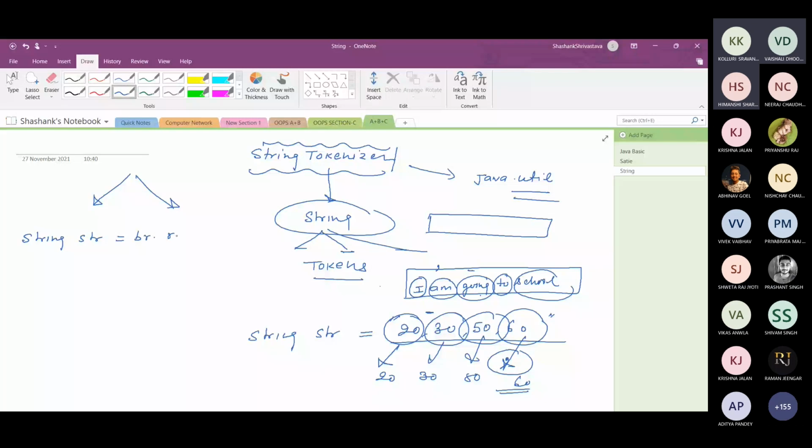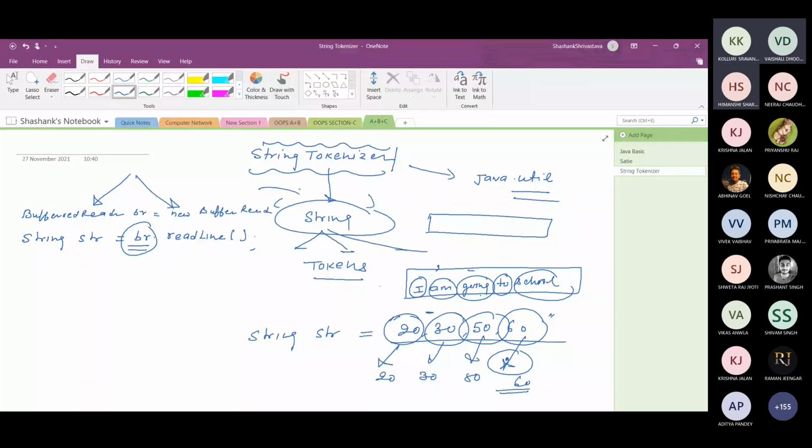And how will you get br? Just call the buffer reader class constructor like this: BufferedReader br equal to new BufferedReader. We have seen it earlier, and just pass a parameter here.